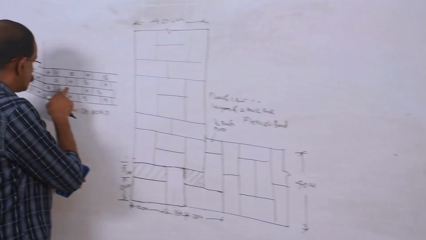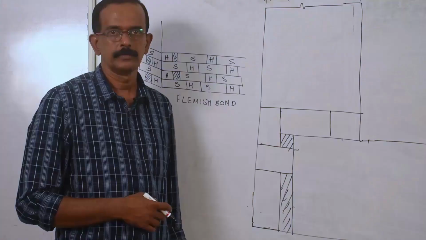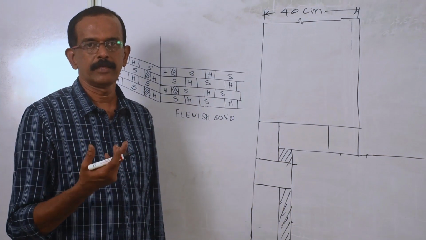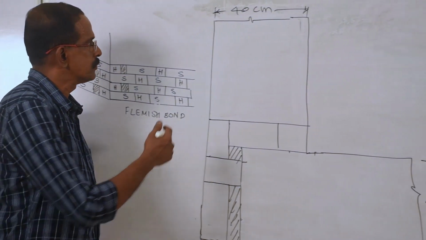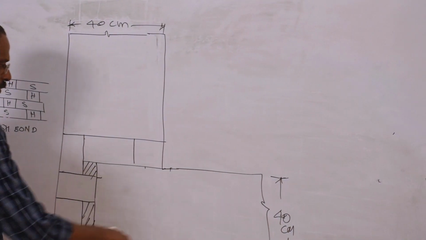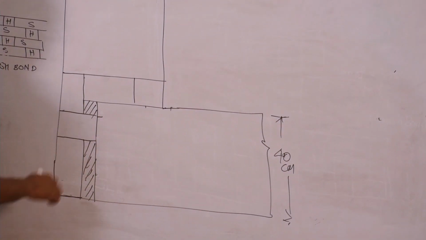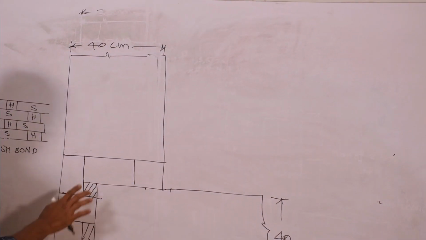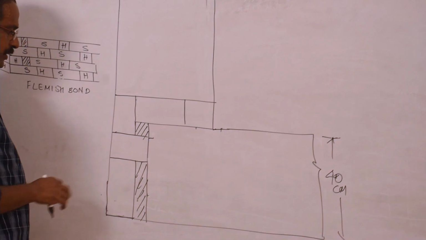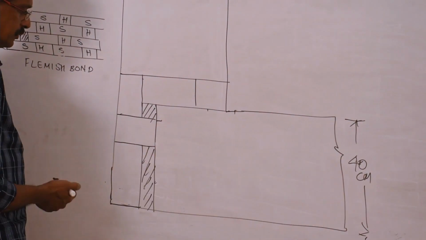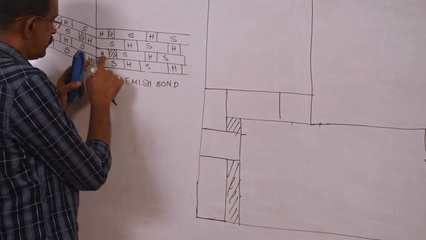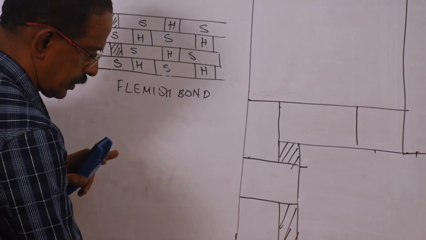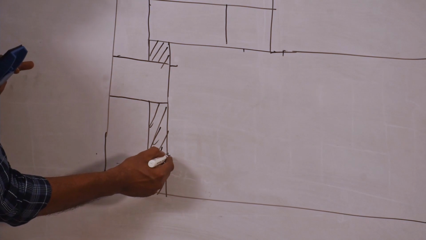Now the top view for the second layer. Next is second layer for the 40 centimeter Flemish bond. So as usual, draw 2 parallel lines to represent the corner of the wall. Mark it 40 centimeter. Then try to remember this much detail at the corner. Then the remaining is very easy. Now consider the second layer: header, queen closer, structure. Header, queen closer. So next should be structure.